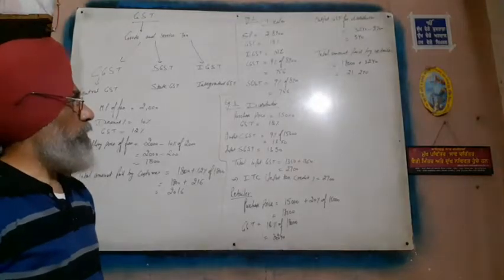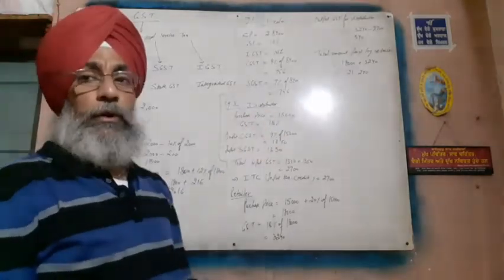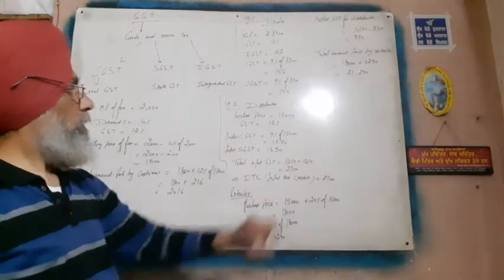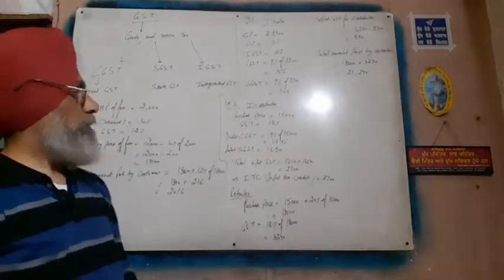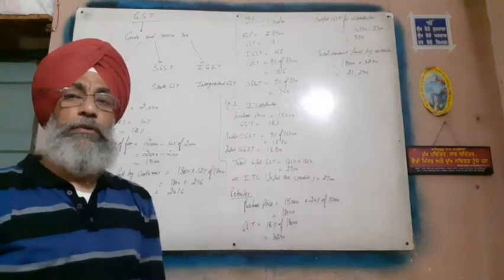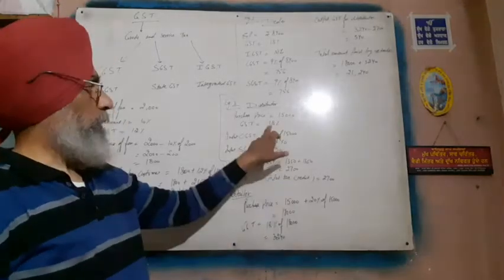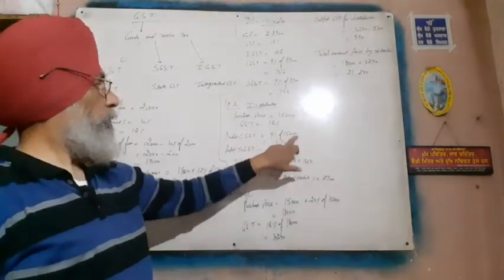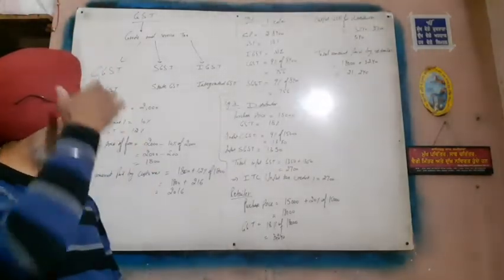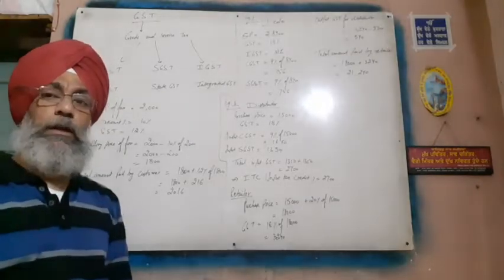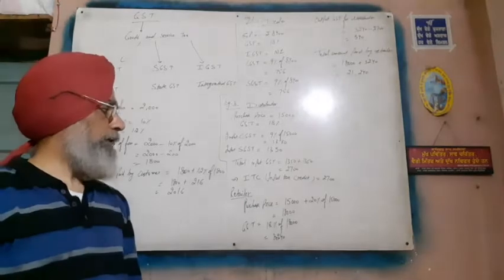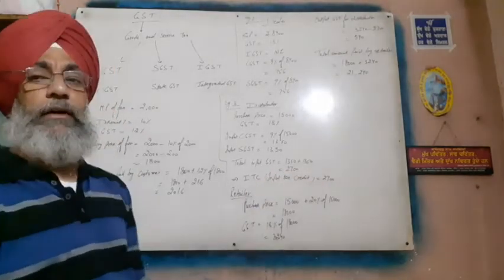In the third question, there is a distributor who has purchased a washing machine from the manufacturer at rupees 15,000. GST is 18%. You can say the CGST, or the input CGST which is paid by the distributor, is 9%, that is half of the 18% of 15,000, which gives 1350. Same for SGST, that is the input SGST, which is 1350. So the total input GST, which is also known as the ITC, input tax credit, is 2,700, which is paid by the distributor.